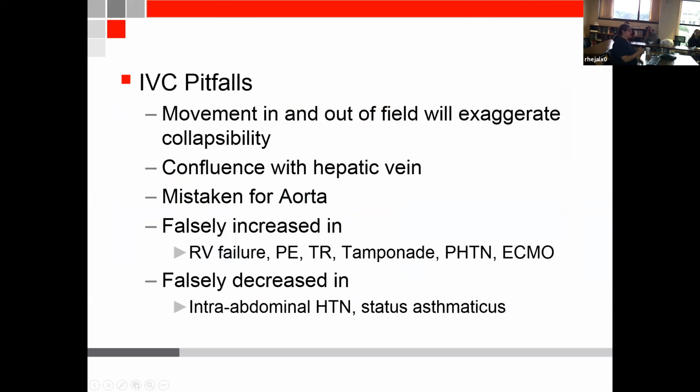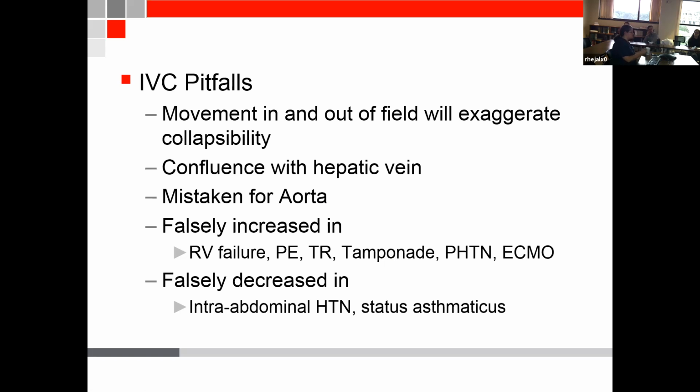Pitfalls. Remember, when people are breathing, there's always motion artifact. So you have to be careful where you put your probe and that you're getting the same image during inspiration and expiration. Don't confuse the aorta. The aorta doesn't move much. Always try your best, before you determine your calculations, to know where the aorta is,